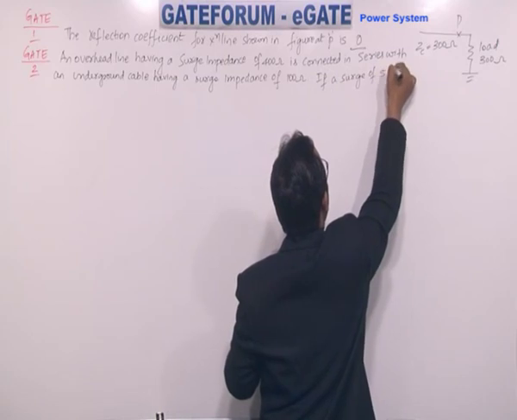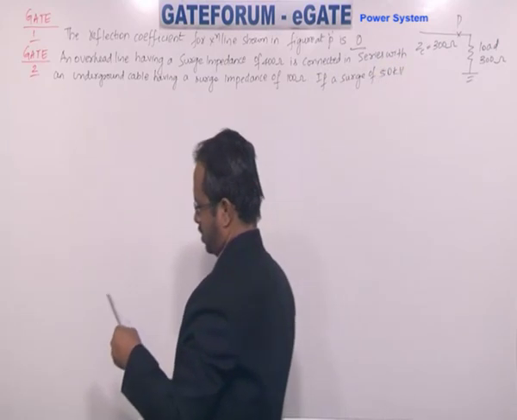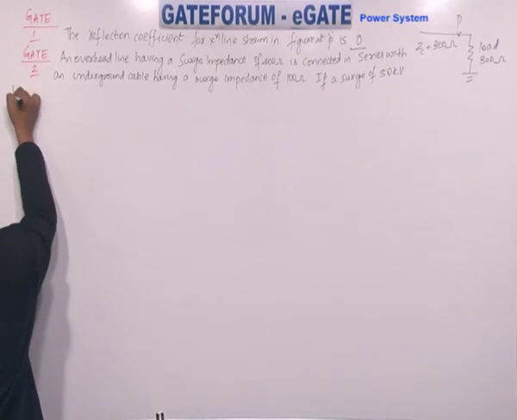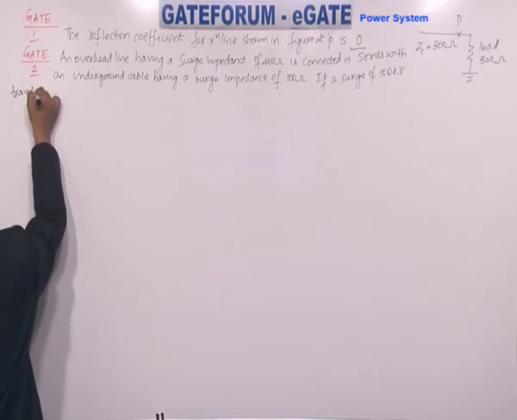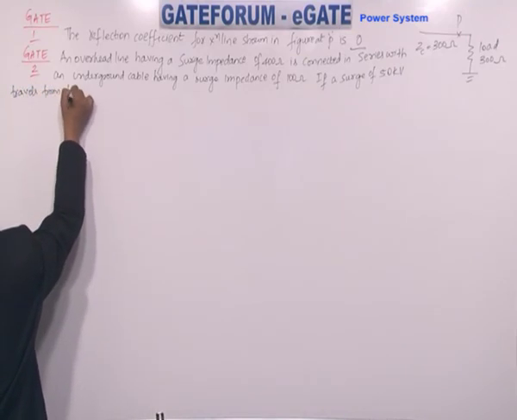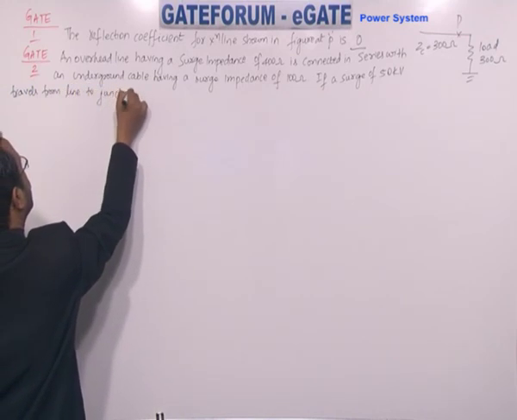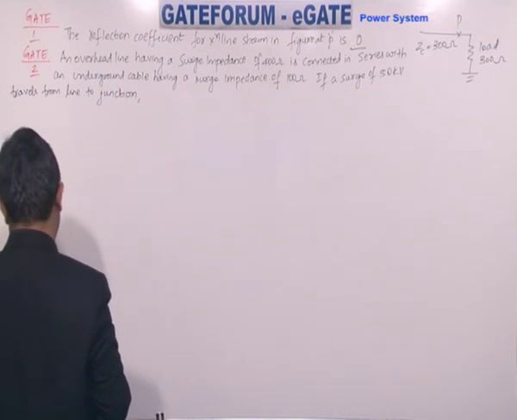If a surge of 50 kV travels from line to junction,